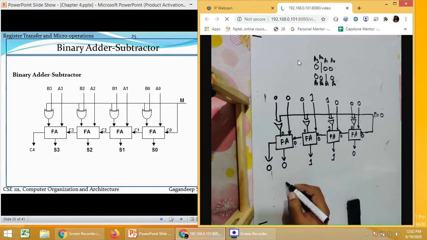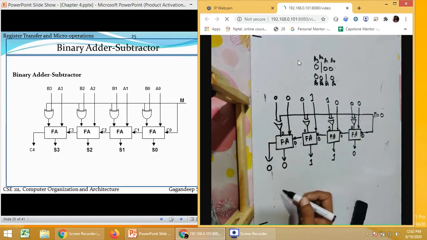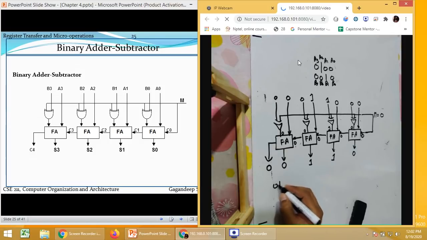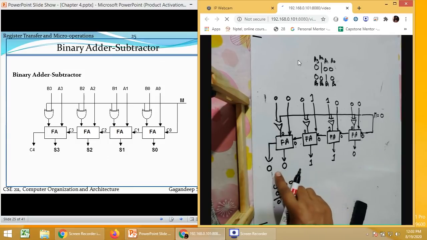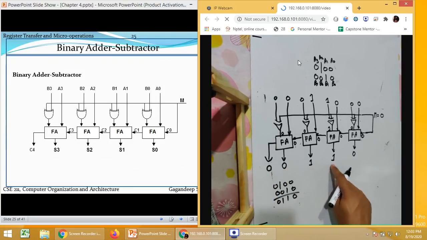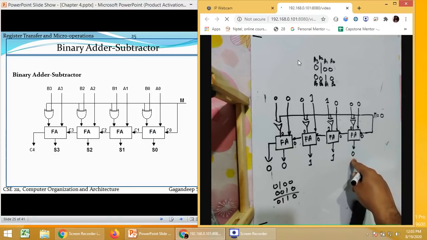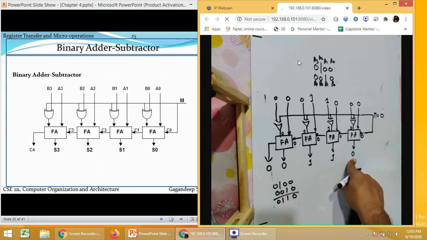So now just simply, if you want to check, you can simply add these two values, 1, 0, 0, 0, 0, 1, 0. Output is 0, 1, 1, 0. So this is how our circuit was working as a adder circuit.